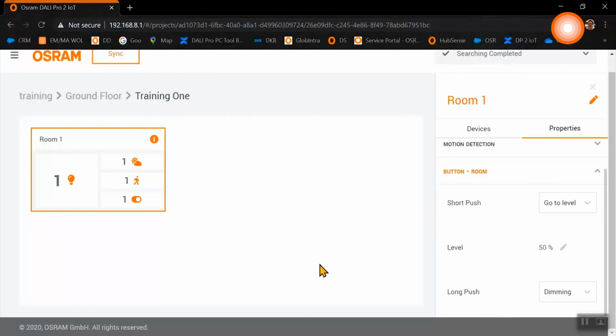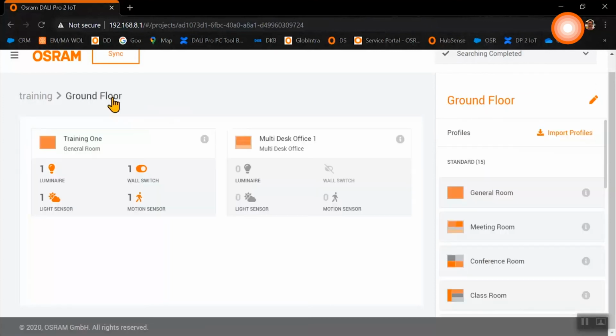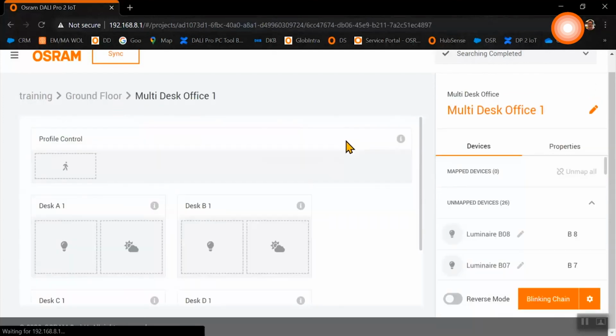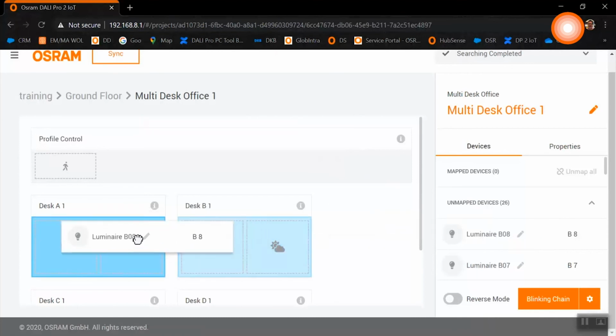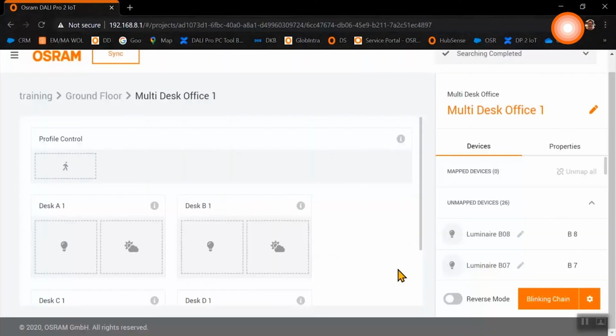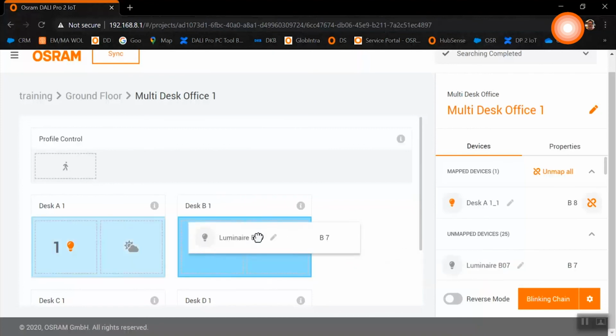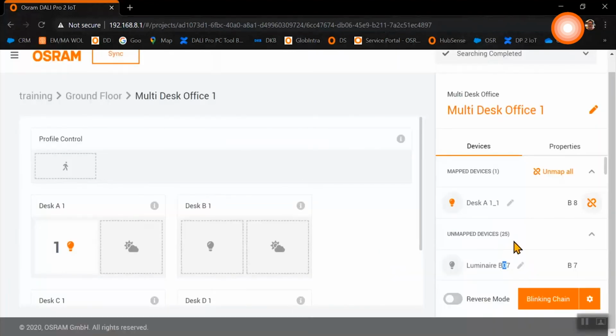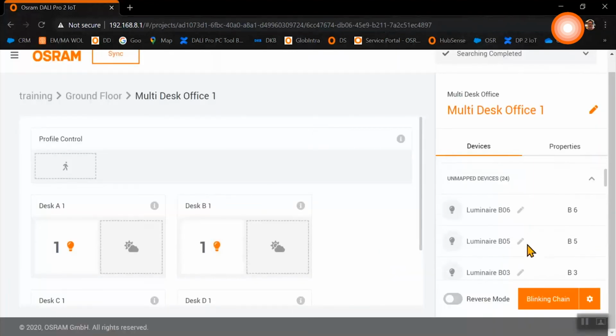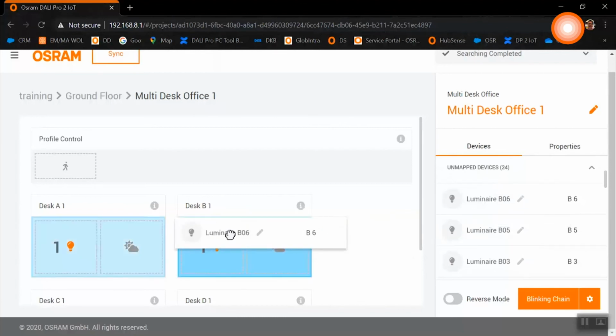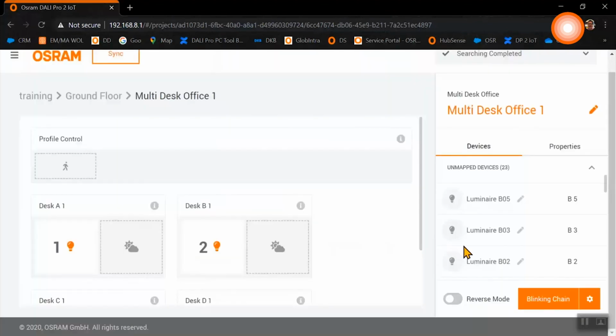Now we have finished all the settings of our room 1, and now we will go to our multi-desk office. And here we will do exactly the same as we have done for our room 1 already, by drag and drop, creating our areas with our luminaires and our sensors.